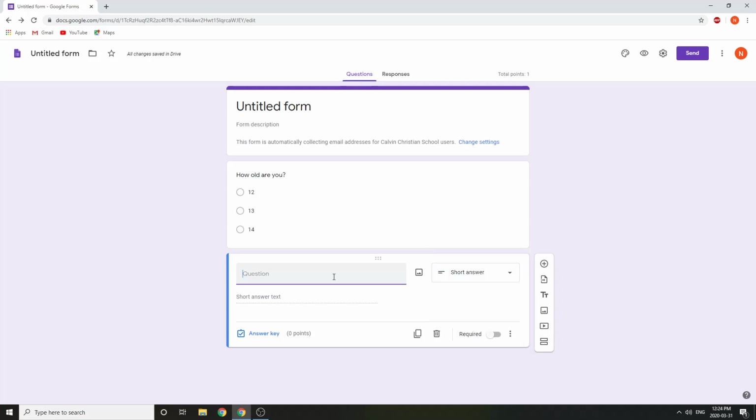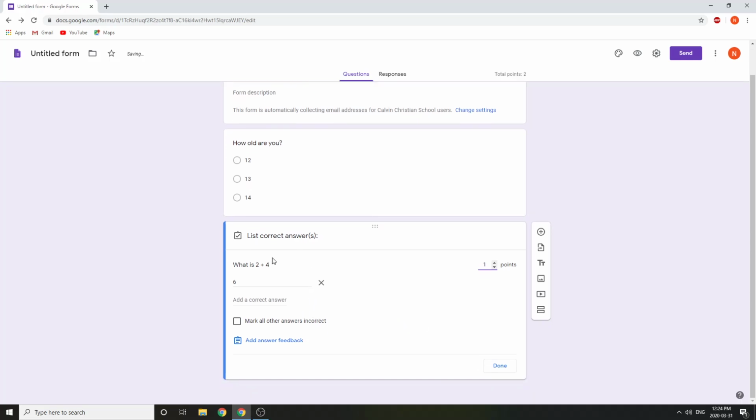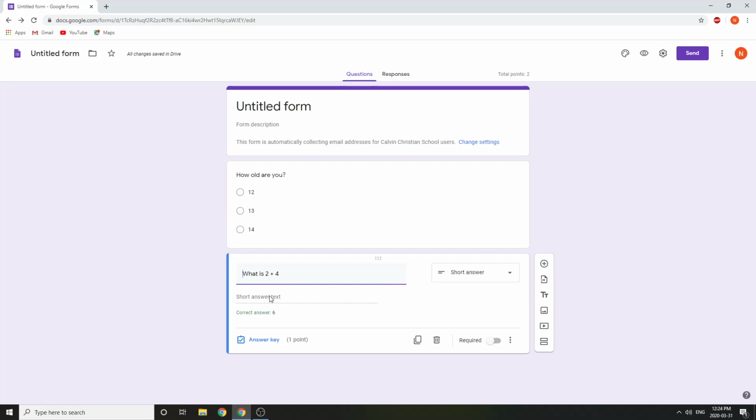I could ask a question like, what is 2 plus 4? It seems like a nice, easy question to ask. I can give an answer key. Okay, the correct answer here is going to be 6. And that means that anytime someone puts in the number 6, it will automatically come back and say, yeah, you got the correct answer. But the issue is what happens if someone's answering this question and types in the word